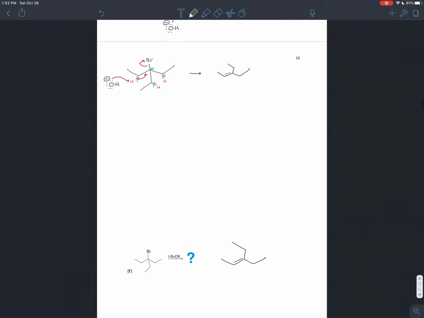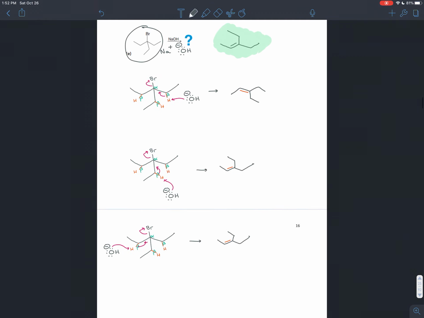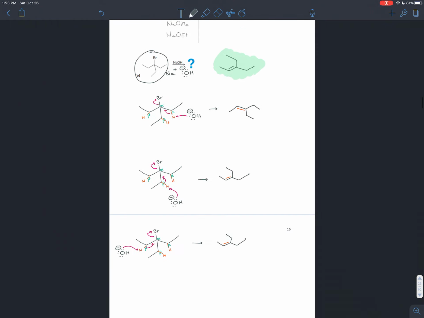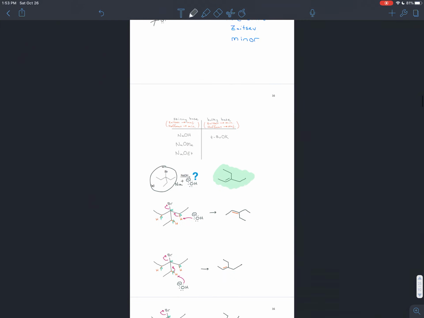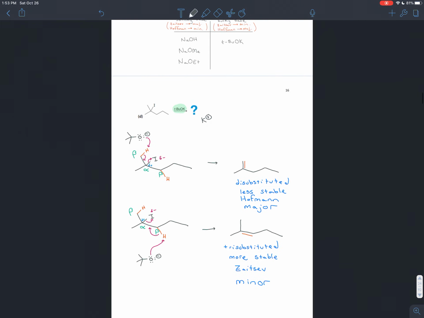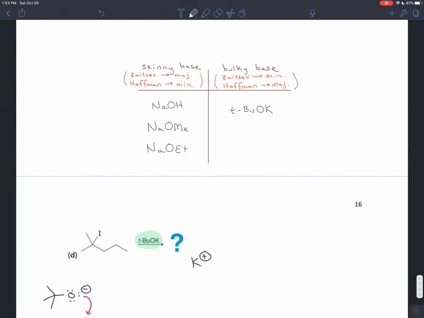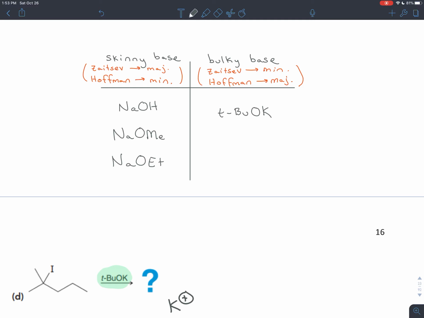So these last two exercises are less about getting you to think through the whole thought process like we did in A, B, C, and D, and more to get you to appreciate why you end up getting these two different products. You get the two different products because you have beta hydrogens that are in different environments, a more crowded environment that leads to the Zaitsev product, and a less crowded environment that leads to the Hofmann product. So hopefully this and the previous video gave you a sense of how you can think through the possible products you get in an elimination reaction, and whether they're major or minor when you use these strong bases, which give rise to these E2